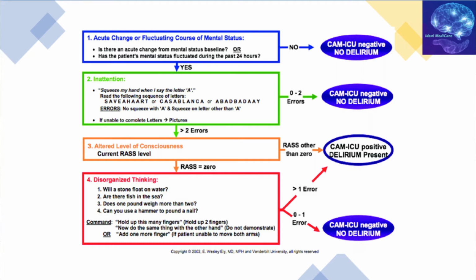So if there are up to 2 mistakes, which is like a 20% possibility of mistake, that's acceptable. If there are more, then these patients are actually having delirium, and we should assess their conscious level. For the conscious level, we do the Richmond Agitation Sedation Scale, and we assess the patients from +4 to -5 based on their agitation to somnolence or coma.